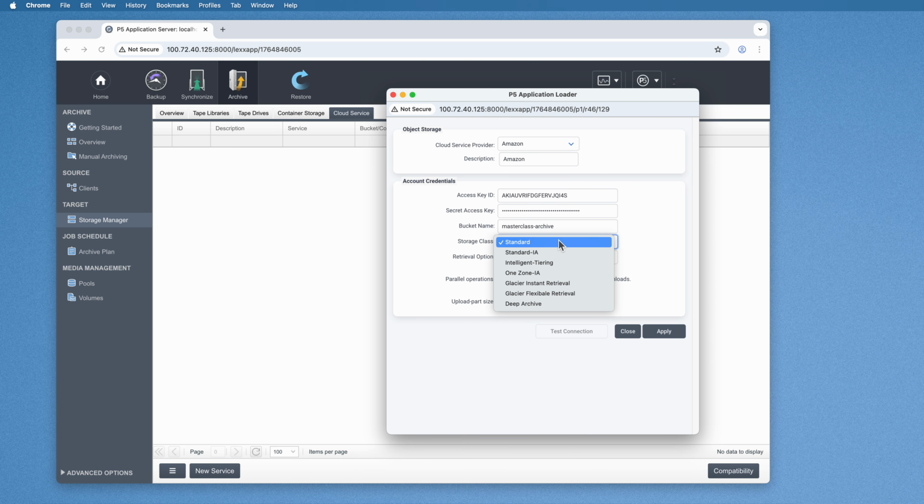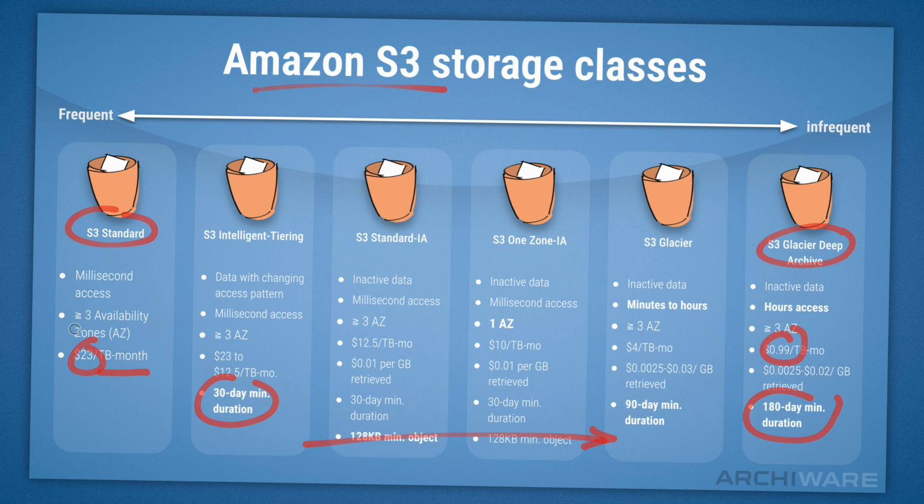So for example, there's a 30-day minimum retention rising to 6 months. So that means that any file you store you're going to pay for 6 months over on the right hand side. And then the AZ figure is the number of data centers or availability zones that your data lives in. So you can see that varies as we go across. There's also changes in the access speeds,